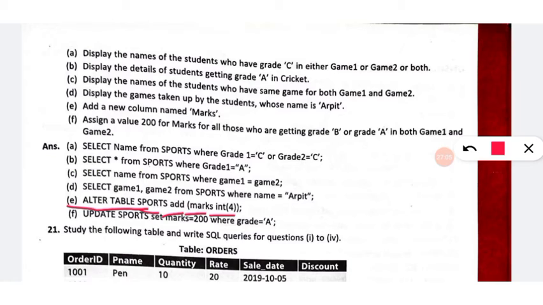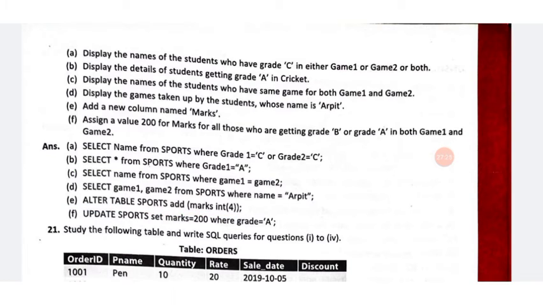Alter table sports add marks, its data type int, size 4, that is 4-digit values can be inserted into that particular column, marks.